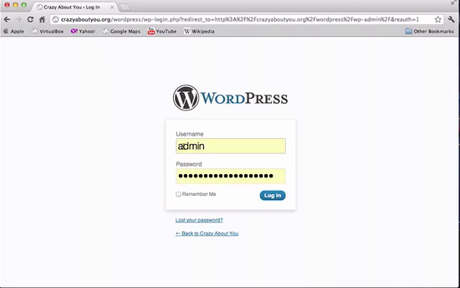And go ahead and type in your username and your password for your administration account on WordPress, and go ahead and click Remember Me if you don't share your computer, and that'll be easier for you to log in next time. You don't have to remember your password and all that. Go ahead and click Login,